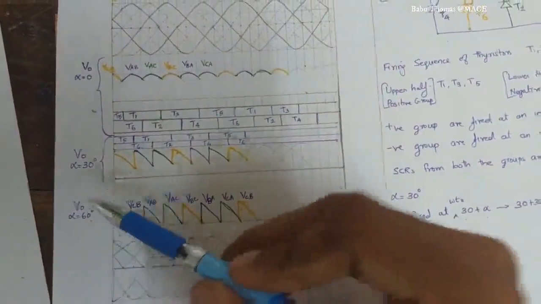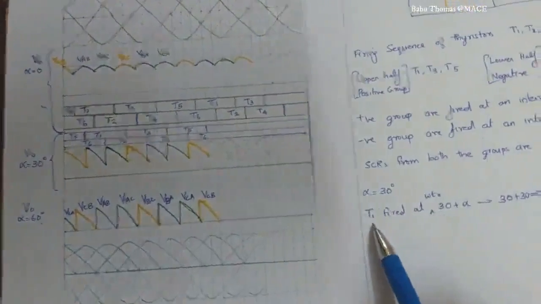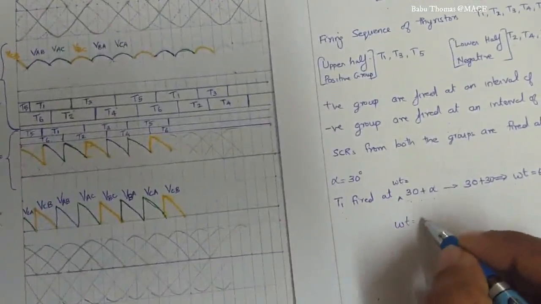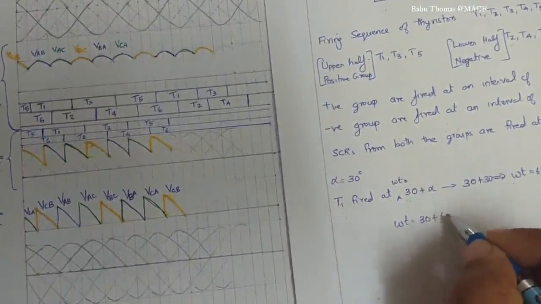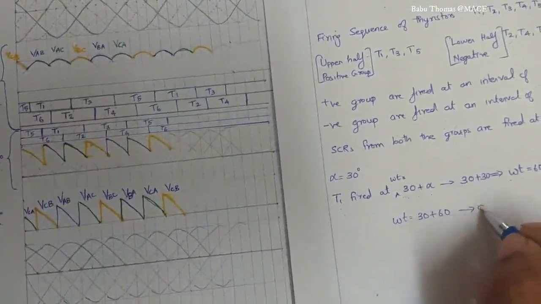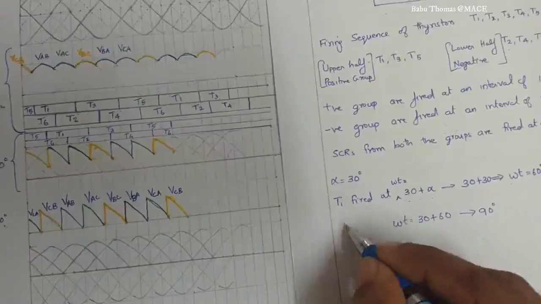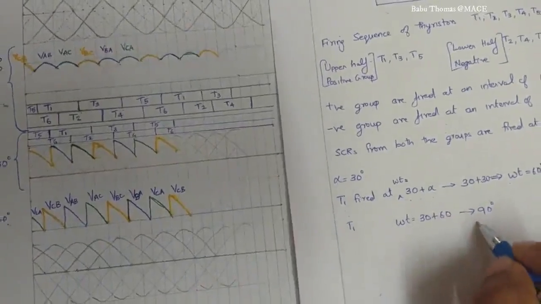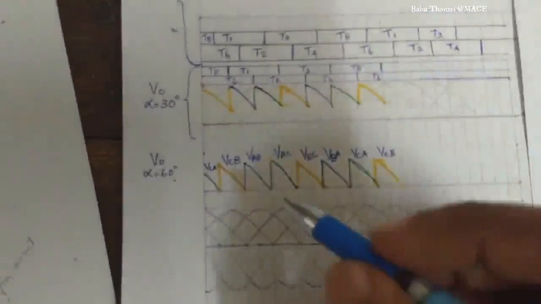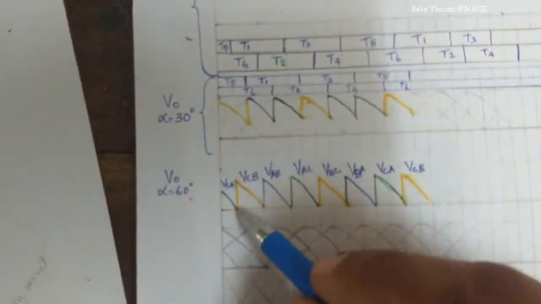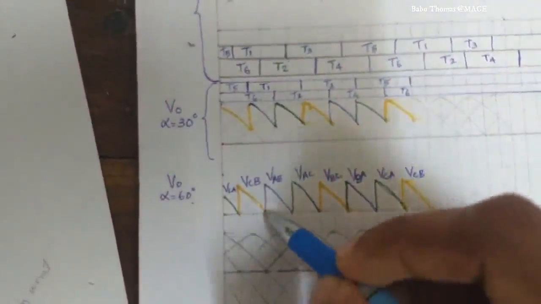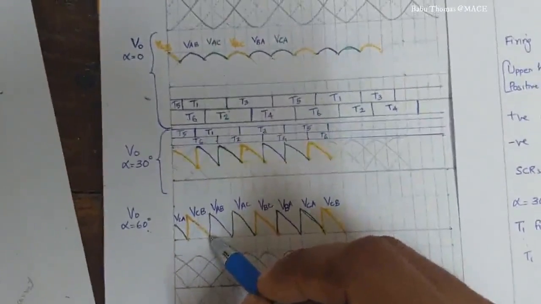So alpha equal to 60 degrees means T1 will be fired at omega t equal to 30 plus 60, which is 90 degrees. So T1 is fired at 90 degrees with respect to the 0 point. So now we can see here it is 30, 60 and 90. T1 is triggered. So the set of sequences will be